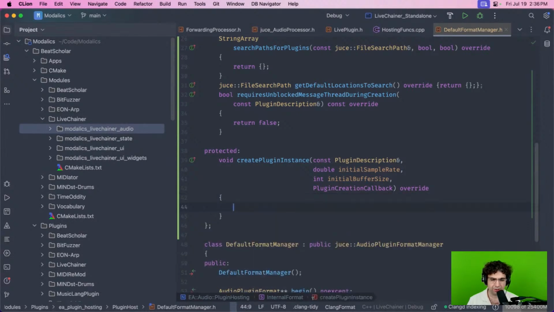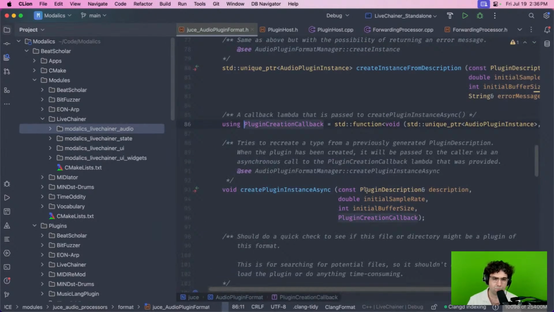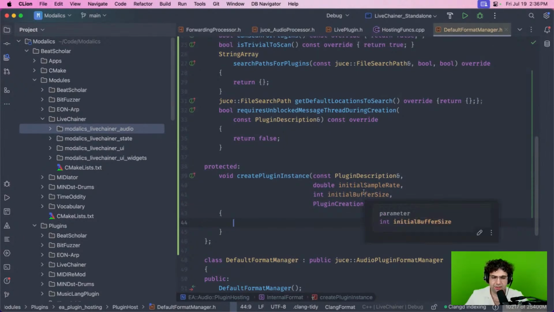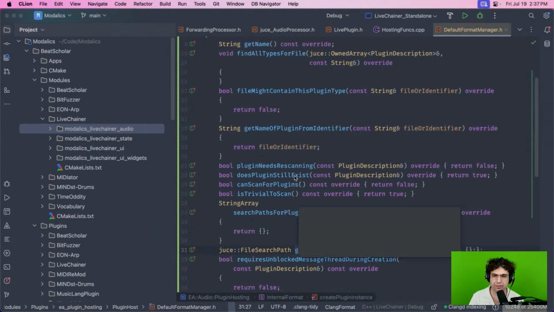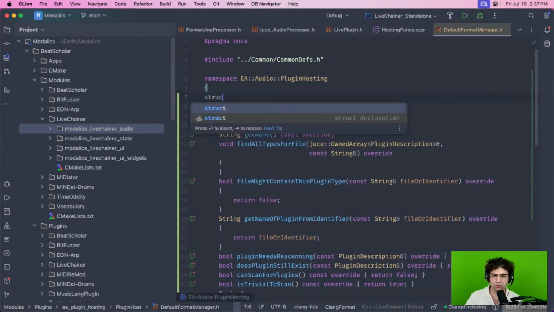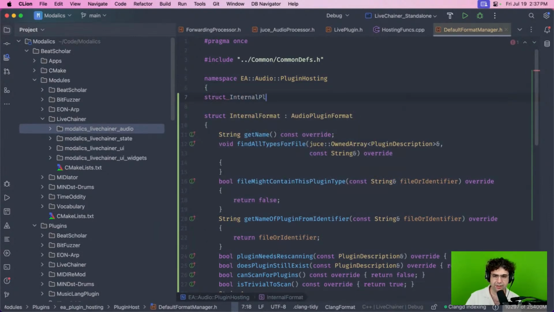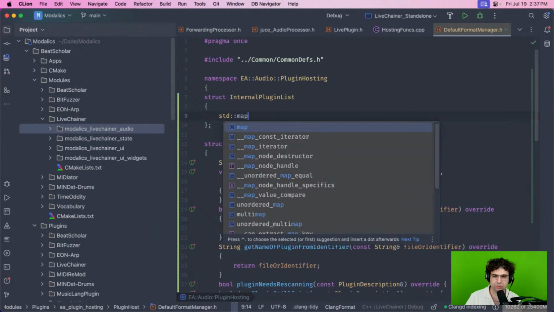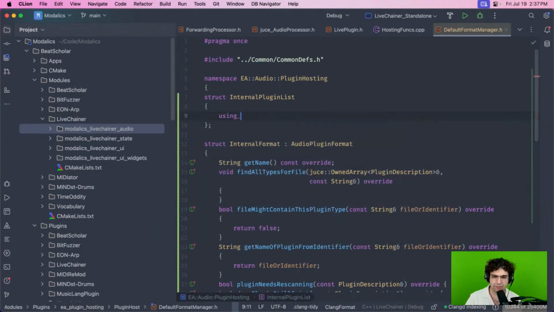Okay, I think this is really the interesting thing here. Create plugin instance. Okay, good. So what I'll do here is something like a struct. Let's call it internal plugin list. This would really be the only thing that this thing does. And this would be something like, so I need to define like,